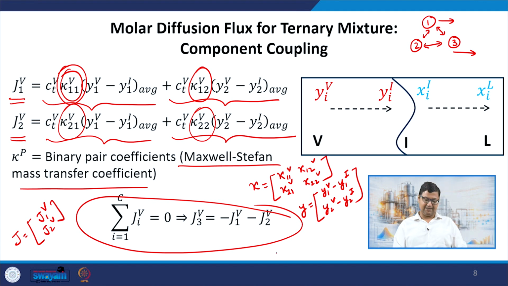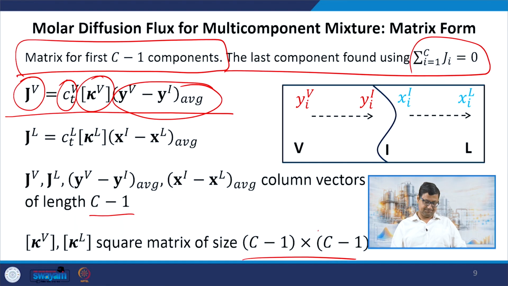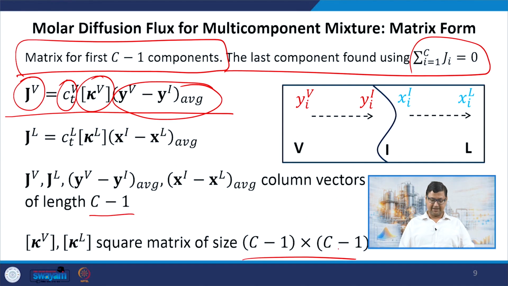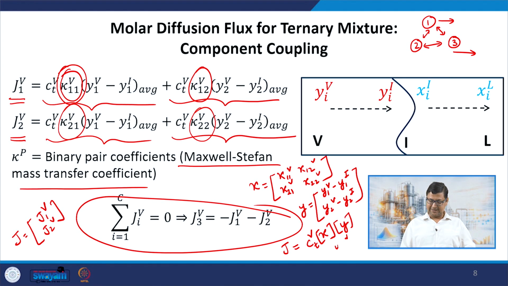I can still write this equation as something like j is equal to C_T^V multiplied with this kappa and into this y, which, in our case, I can also write as something like yv minus yi,